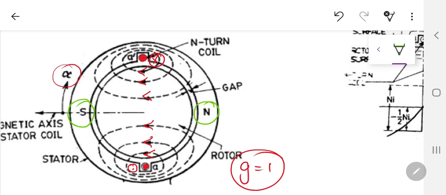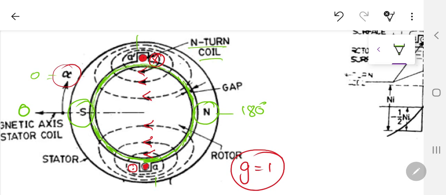The space harmonics which I'm talking about are in this space, inside the air gap. What is the flux waveform inside this air gap, which I am showing in green color at present? So I am interested in how the flux changes inside this green air gap. If the alpha angle starts from here at 0, at this point it's going to be 90, at this point 180, and then at this point 270, and then it's going to complete the whole 360 degrees. How is this going to be?